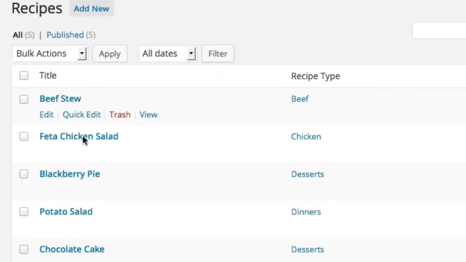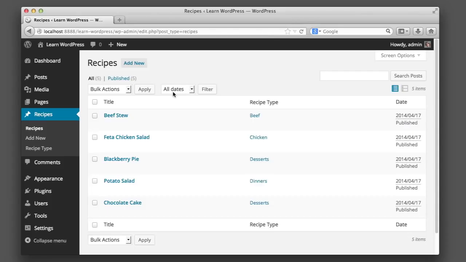Beef stew, feta chicken salad, blackberry pie, potato salad, chocolate cake. And you can see that we can even use different categories or different taxonomy systems. We can categorize the meals as chicken or dessert, dinner. And these categories are entirely separate from the categories that we use for the news or blog section of our website. And if we click on one, so if I click on potato salad,